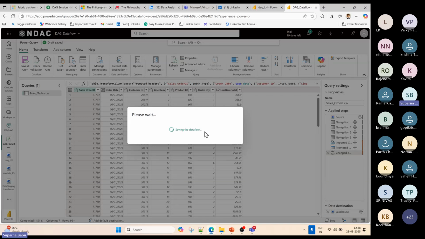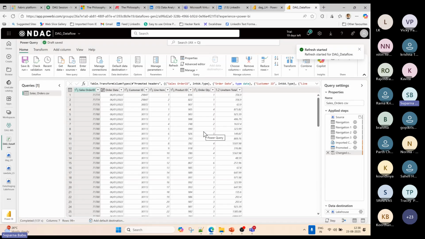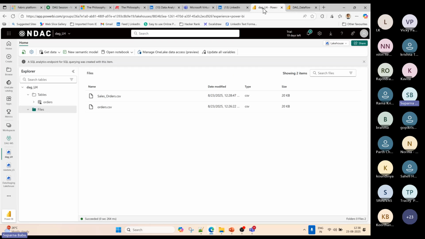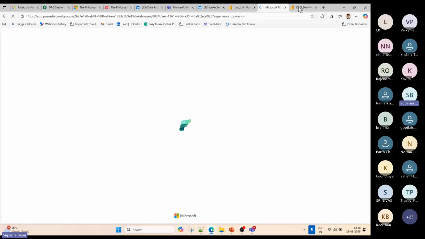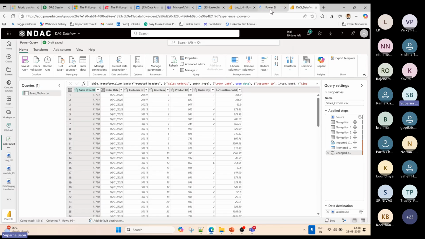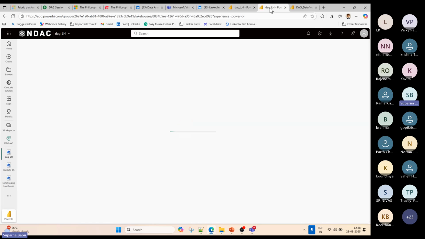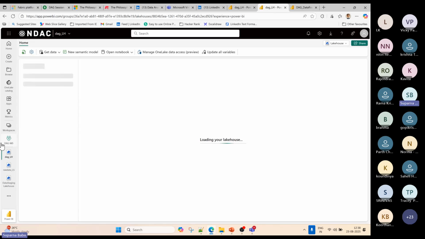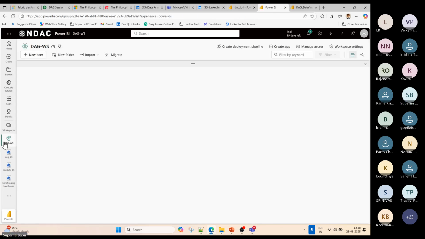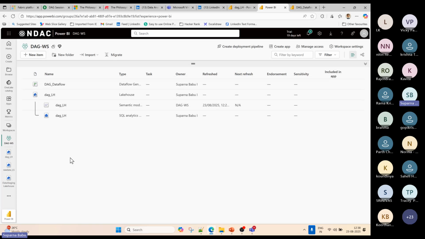Okay, now saving the data flow. Refresh started. Now I'll take a duplicate tab of this and keep this as it is. Let me go to the workspace. Here it should show refreshing, but I'm not sure, in the recent updates it is not showing.